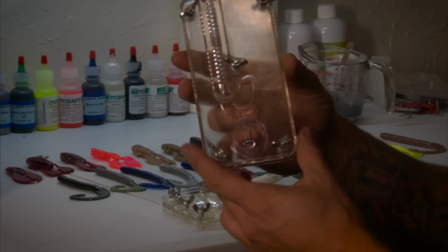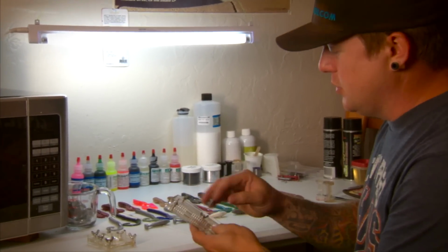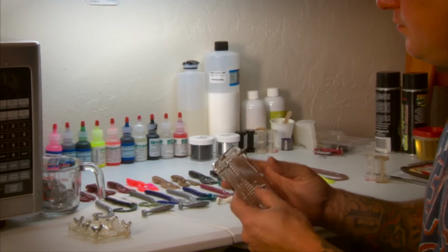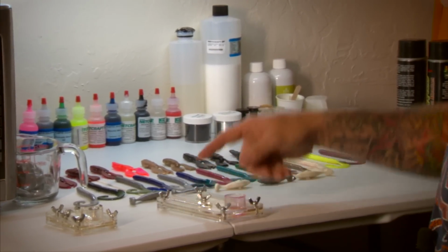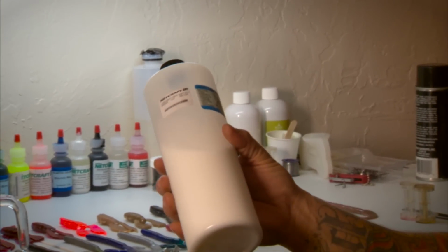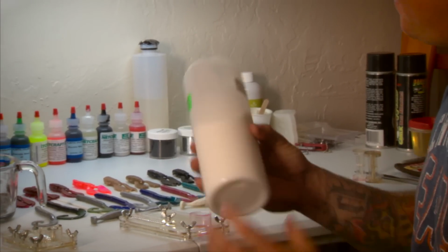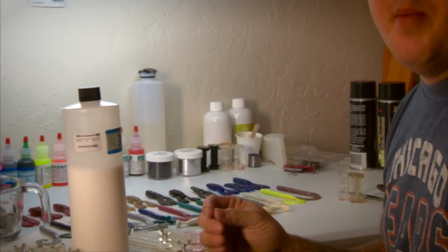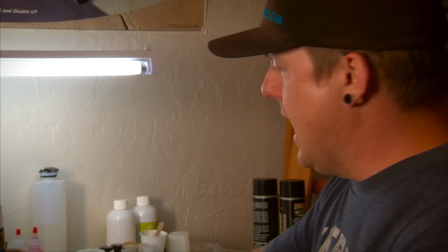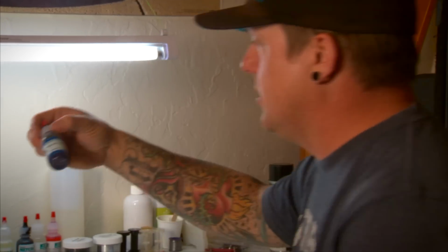First, you start off with your mold. This is a 6-inch curly tail worm. You separate it. You put in some Crisco oil or anything like that to keep it from sticking to the mold, and you have your plastic. Comes white. You have to shake it vigorously to get it good and mixed up so your product is good and solid. And when you cook it, it'll become a clearer color, more like a syrup, and then you know you're ready. And after you get it to that consistency, you can start adding your colors, like an electric blue,